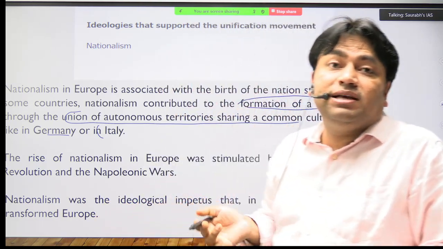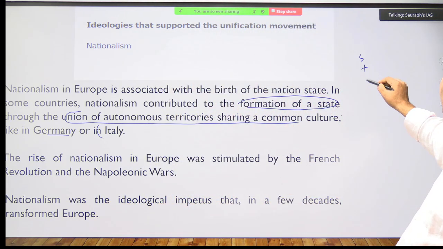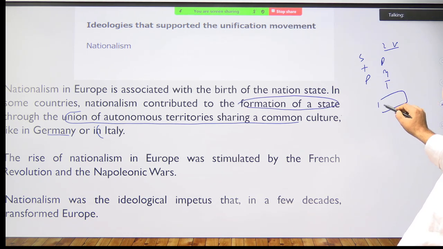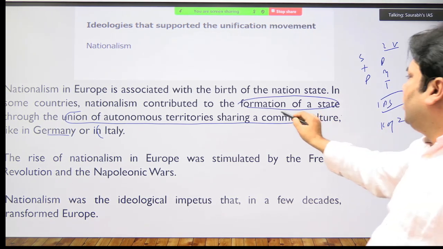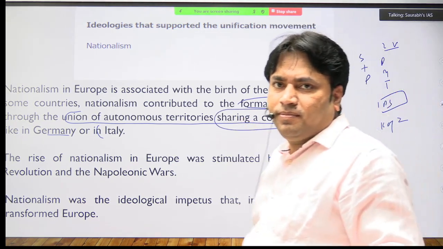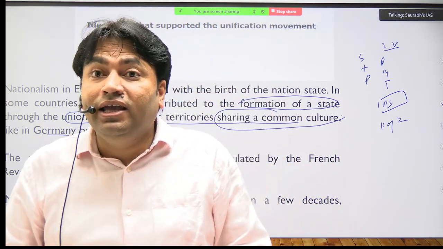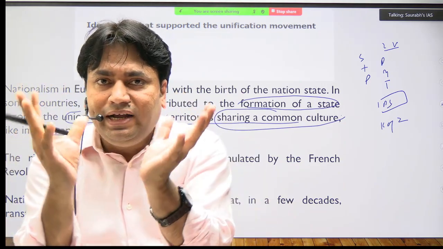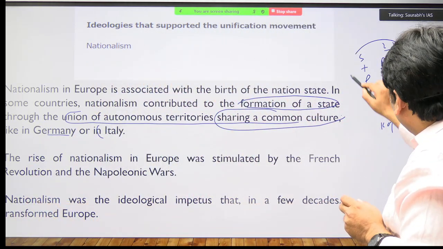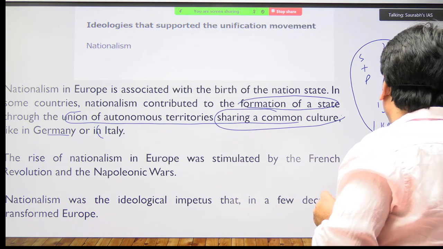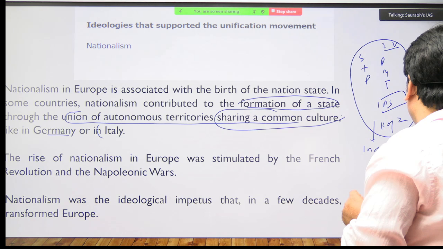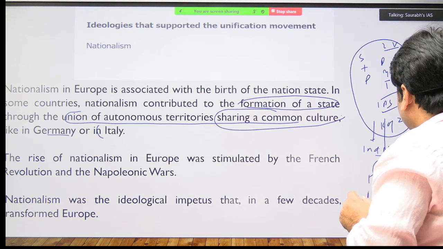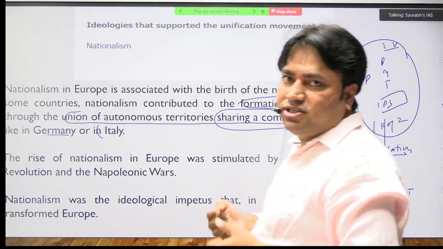तो अब आप तो इटली का एग्जांपल जानते ही हो, लाइक सार्डिनिया, पीडमोंट, लोम्बार्डी, विनिशिया, परमा, मोडेना, टस्कनी, पेपल स्टेट्स, किंगडम ऑफ टू सिसिलीज, दे ऑल वेयर शेयरिंग व्हाट? कॉमन कल्चर. बट क्या वो एक नेशन था? नहीं. तो आइडिया क्या था कि ऐसे जो क्या फ्रेगमेंटेड टेरिटरीज हैं, इन सबको क्या कर दो? यूनिफाई कर दो एंड मेक इट अन इंडिपेंडेंट नेशन. इनको एक इंडिपेंडेंट नेशन बना दो. फॉर एग्जाम्पल, व्हेन दिस ऑल विल बी यूनिफाइड, दिस विल बिकम इटली एंड दिस इज द आइडिया ऑफ नेशन स्टेट. यही नेशन स्टेट का आइडिया है.